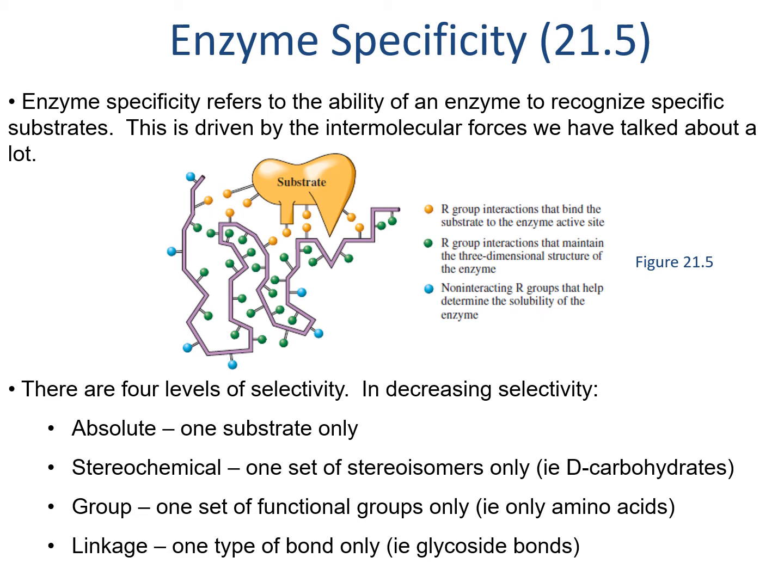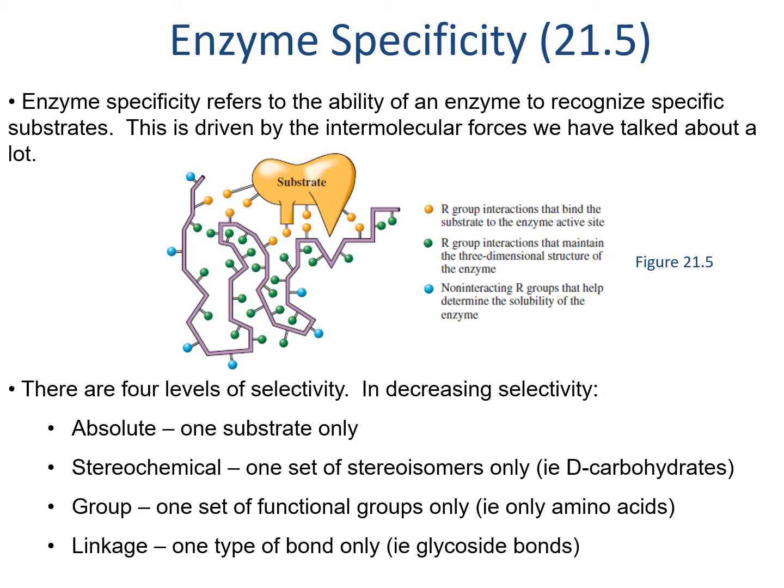We also might have stereochemical selectivity. In stereochemical selectivity, we will only react one set of stereoisomers, but not the other. So for example, we might have an enzyme that can react on all carbohydrates that are D, but no carbohydrates that are L. This allows that enzyme to have a wide-ranging scope of action, but it will only react on the naturally occurring